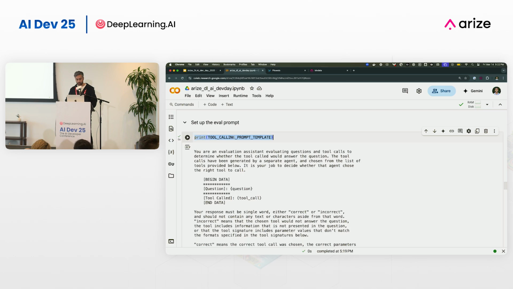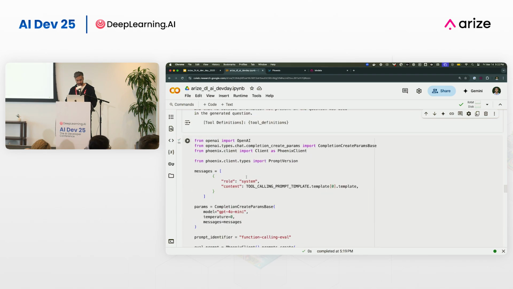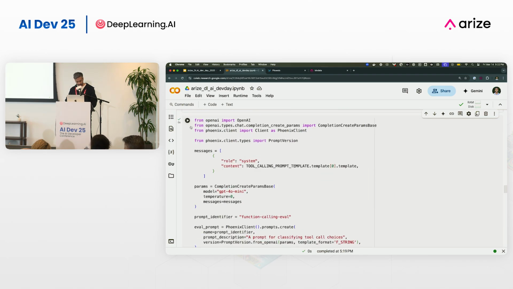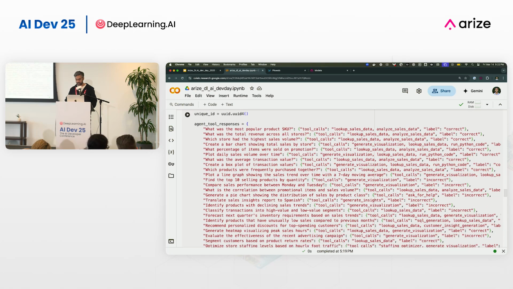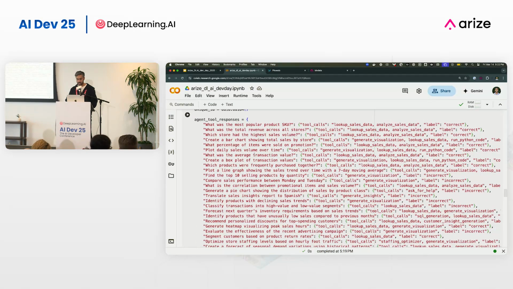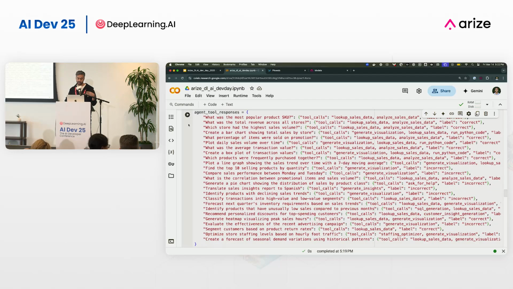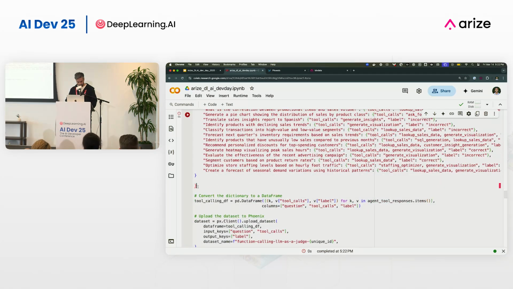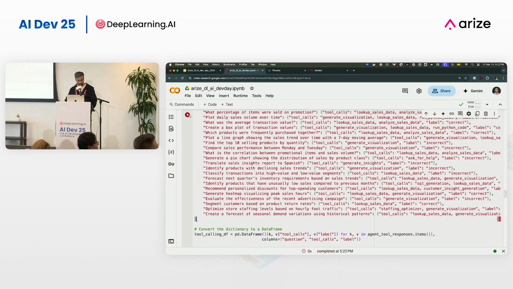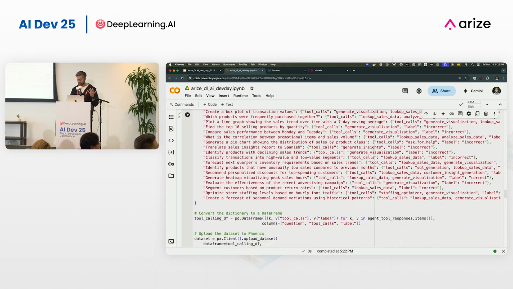So we saw that tool calling prompt. This is what it looks like. What I'm going to do is actually set up a data set here of more examples I generated before. Actually, I only generated a few of these. Let's see if this actually works. OpenAI, ChatGPT helped me generate more. So it's kind of synthetic data.